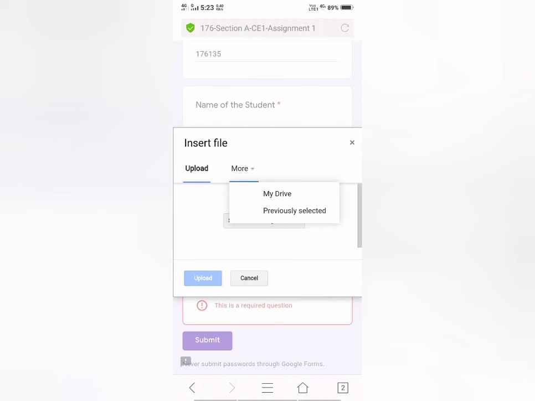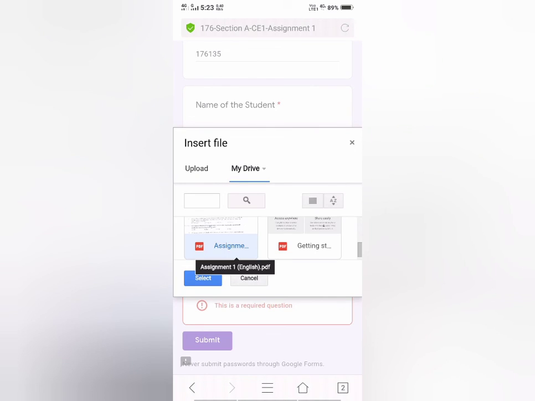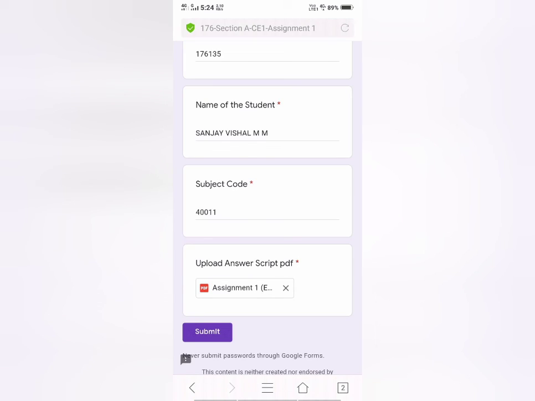There it will show my drive option. So your file saved in Google Drive can be taken here. So after clicking that scanned assignment, you can upload it here. Then the page will look like this. Then finally you can click submit. That's all. This is all about how to submit your assignment in Google Classroom.